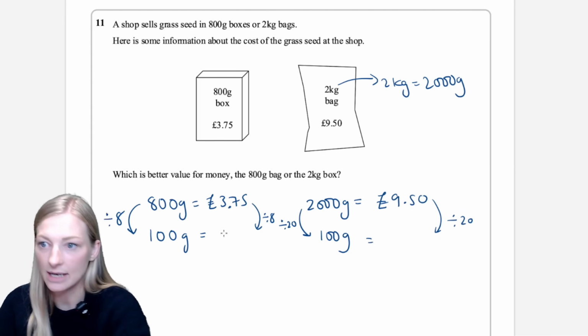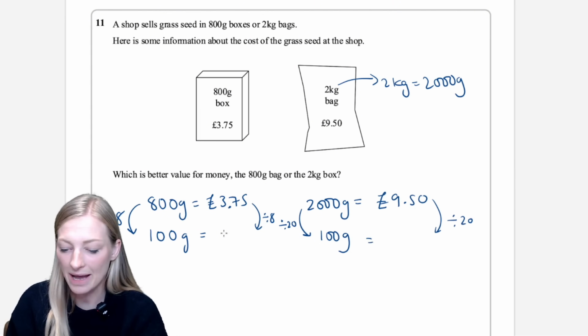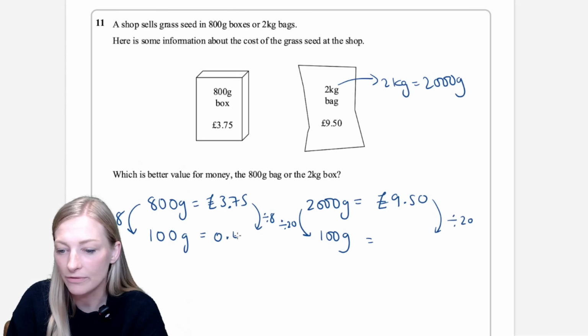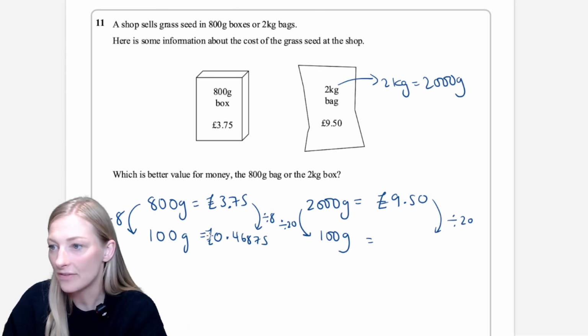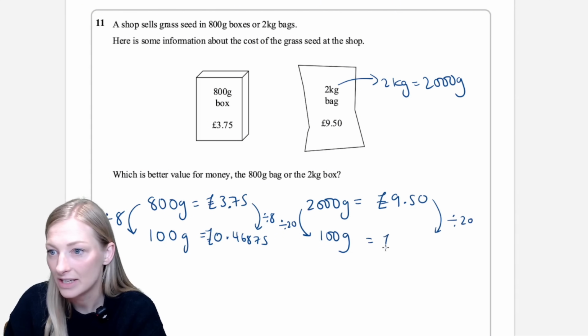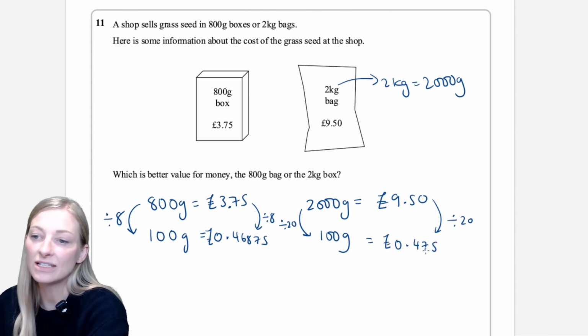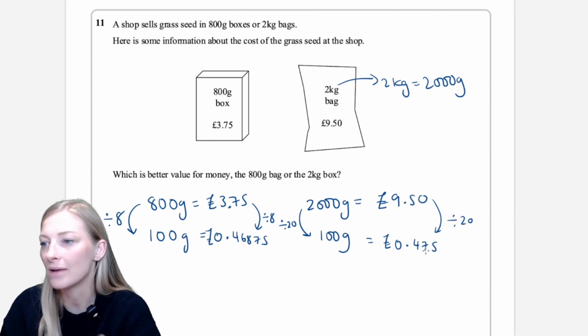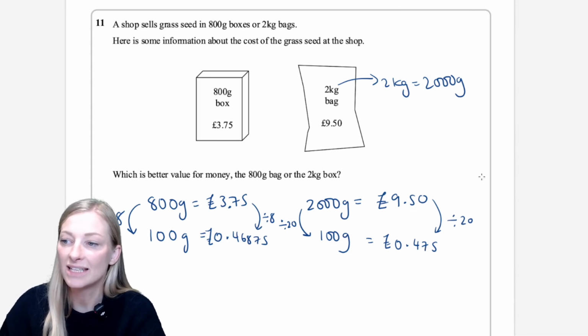So let's now do that using your calculator. £3.75 divided by 8 gives me a price per 100 grams of 0.46875. And then on the other side, £9.50 divided by 20 gives me a price of 0.475. So on the left-hand side, the price is 46.8 pence per 100 grams, and on the right-hand side, 47.5